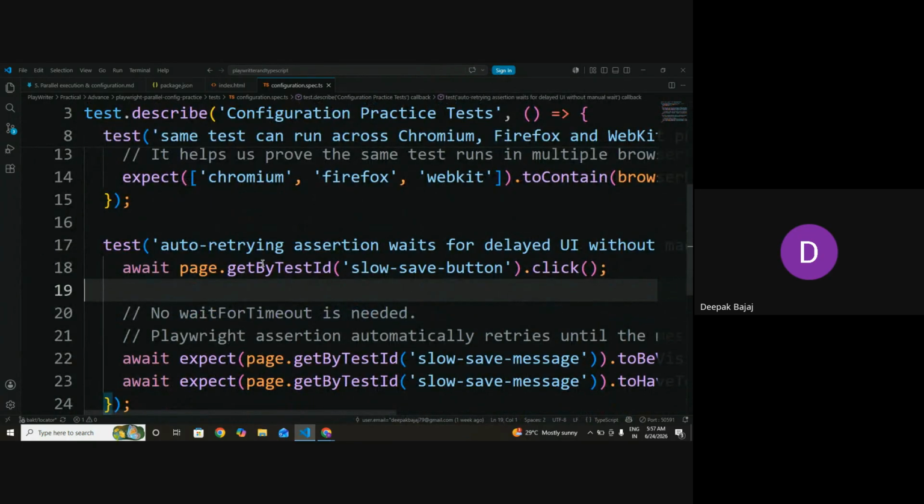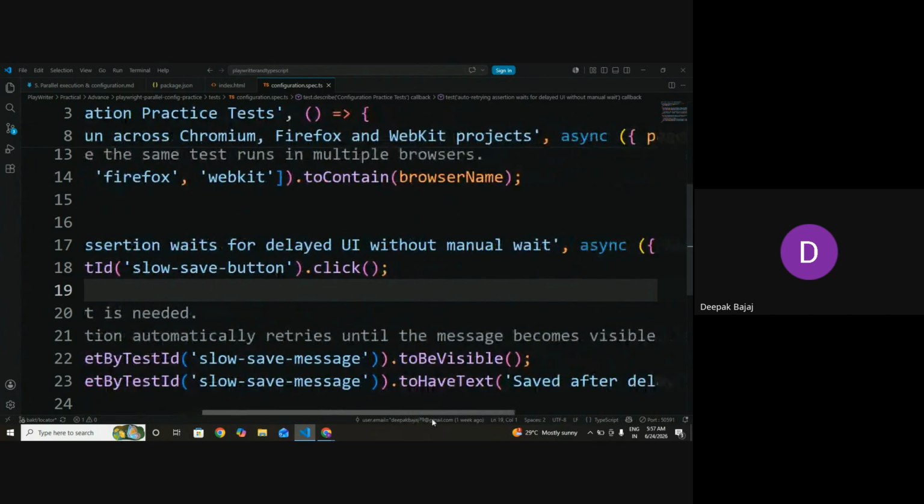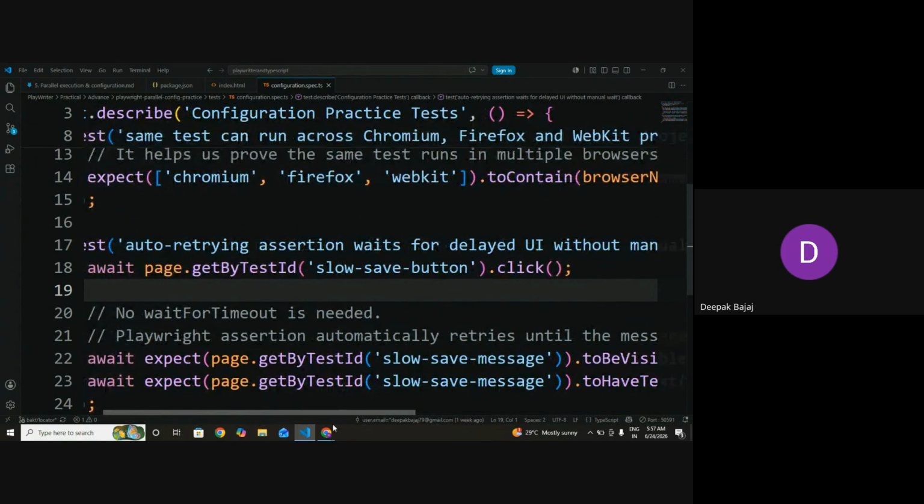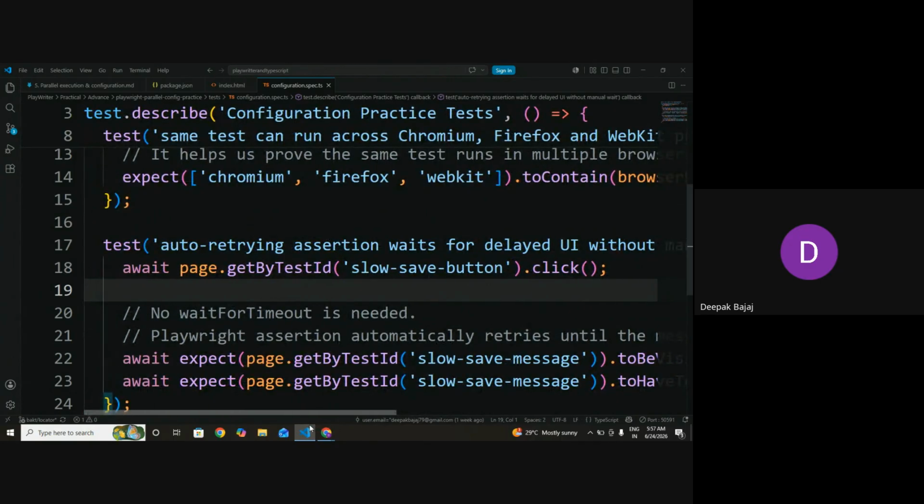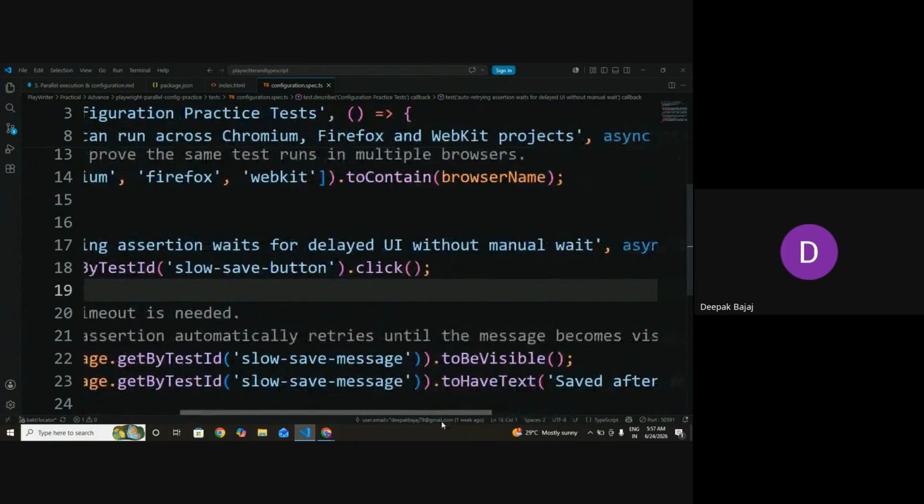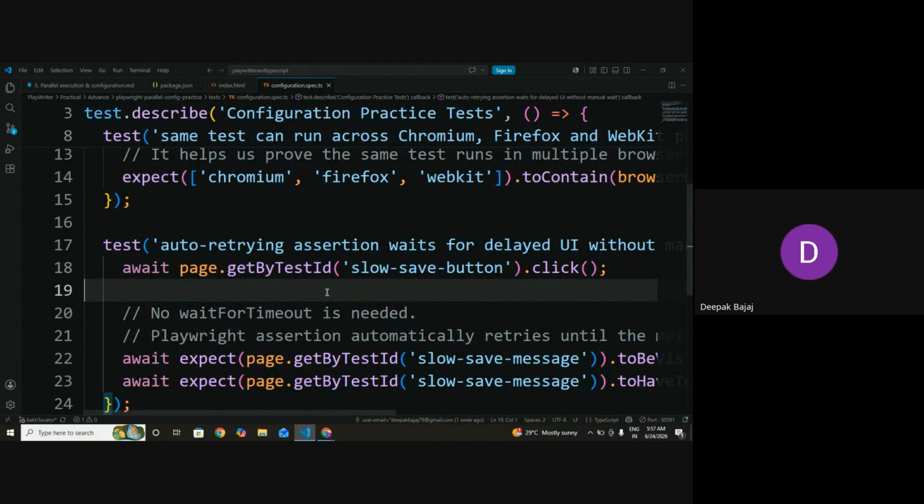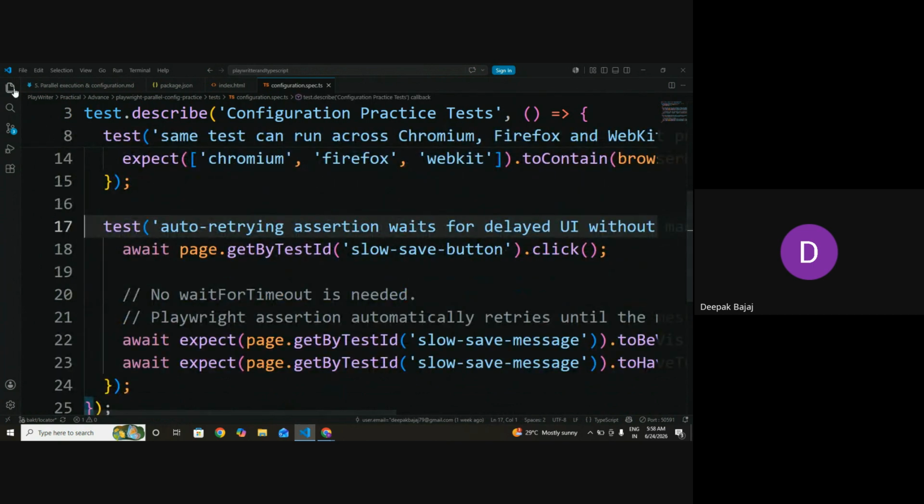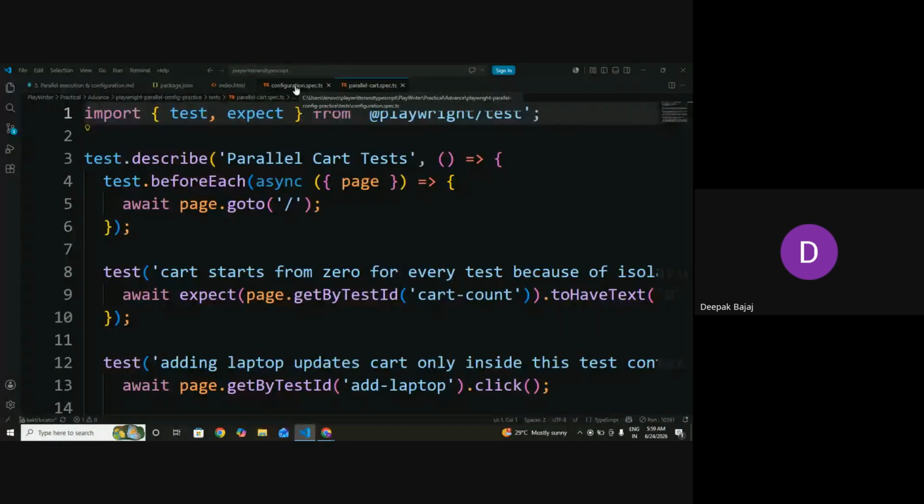Okay, these are all our configuration tests. Auto-retrying assertions wait for delayed UI without manual waits. To be visible, hashtag is flow, saved message, and you can say assertions are also there. If you have any questions, feel free to ask. It's a configuration test, and here